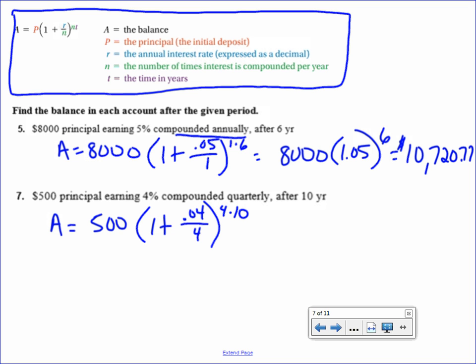So if I do the math inside the parentheses, you'd have 1.01 to the 40th power. Okay, so what do I get here? I got 1.01 to the 40th power, and the answer you get there times 500. So after those 10 years, you'd have approximately